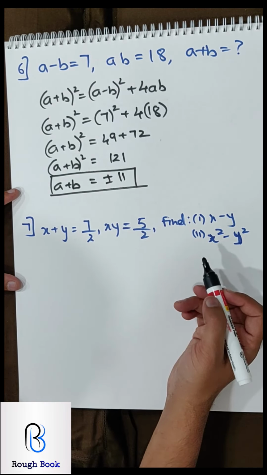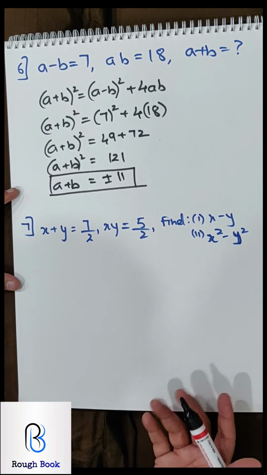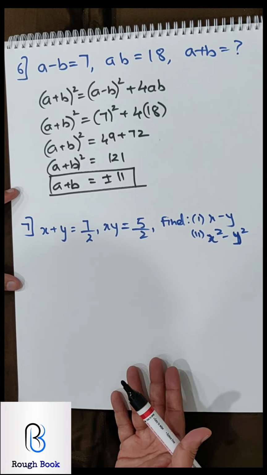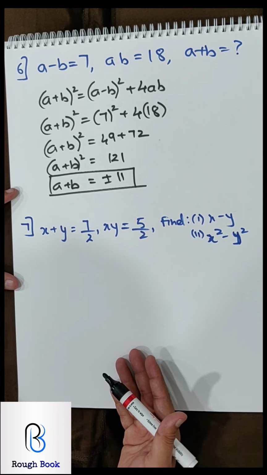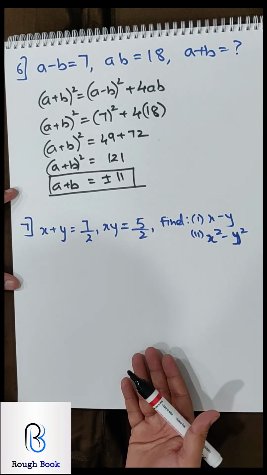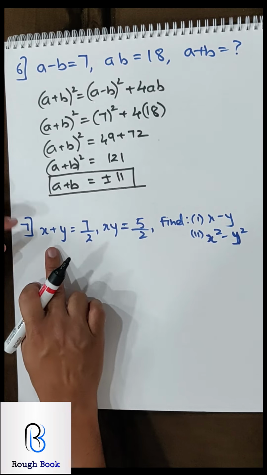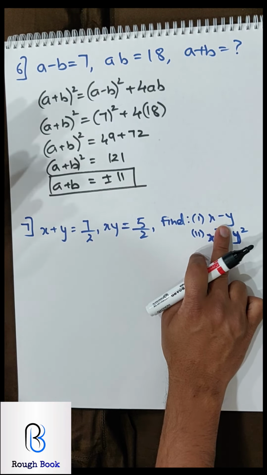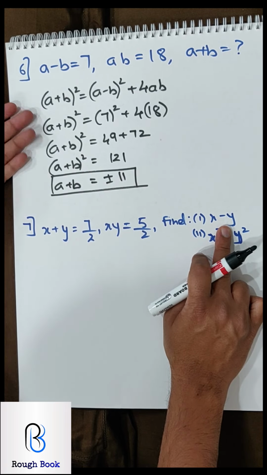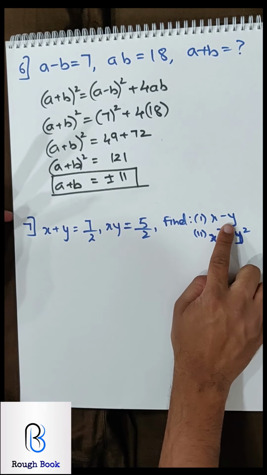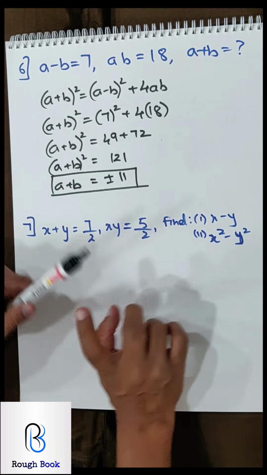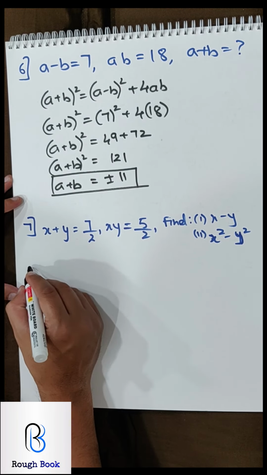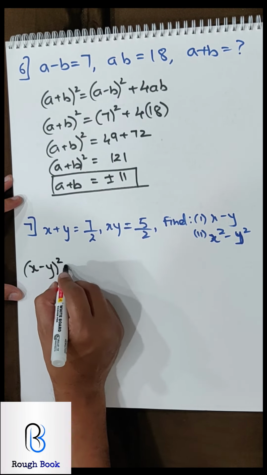Let's take 7th. You can always pause the video, copy your question, solve on your own and then come back. I'm repeating this again and again because I'm motivating many of you all to try doing it on your own. Again, x plus y is given and x minus y is asked. So obviously by now we are very much aware we are going to use the relationship formula to reach here. Once we come here, how to reach here, we will talk about that later. So first relationship formula, I need minus.